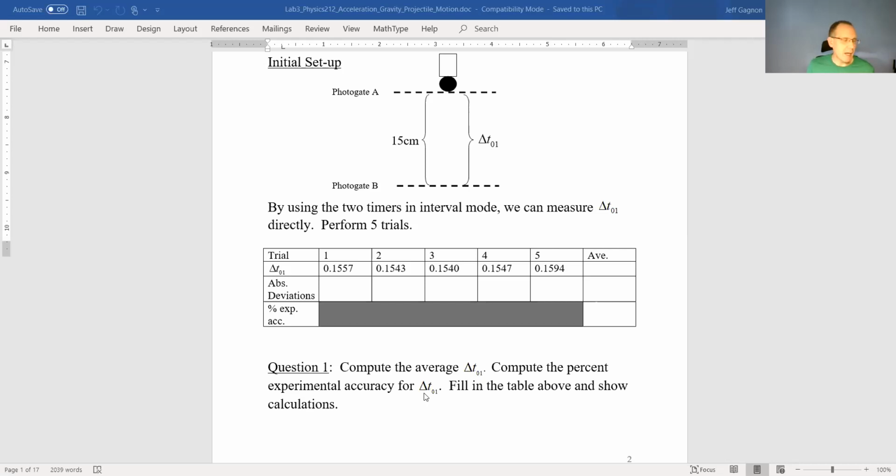So let me remind you how to do that. I'll do a similar example just to remind you. We talked about this in lab 1, but you may not have seen this in a little bit. So let me remind you how to compute that particular value. I'm just going to make up some values. Let's say you found delta T01 to be these 5 values: